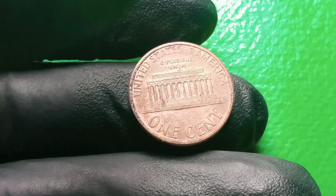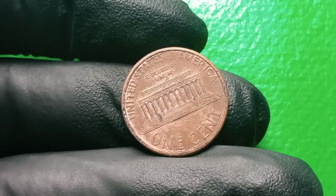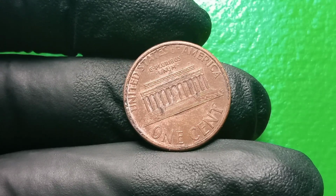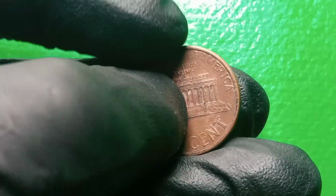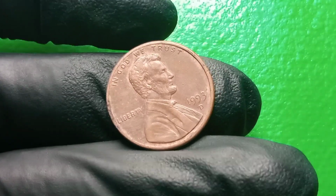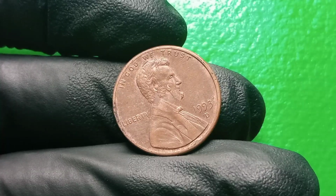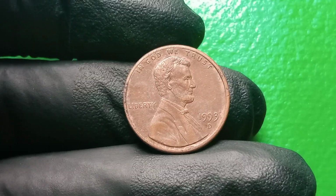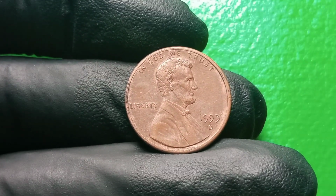And then there are repunched mint marks where the D was stamped more than once in slightly different positions, creating a doubling effect on the mint mark itself, a subtle error that fascinates collectors of the Lincoln cent series and which, in pristine condition, can make even a minor variation worth thousands. But when combined with other major errors the values skyrocket, and let us not overlook die cracks, those raised lines